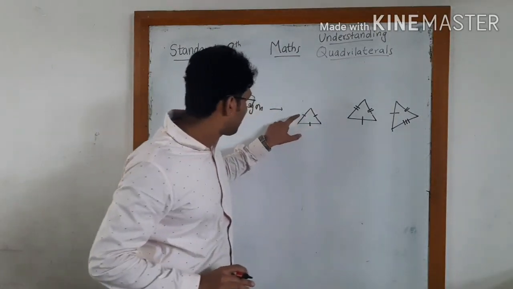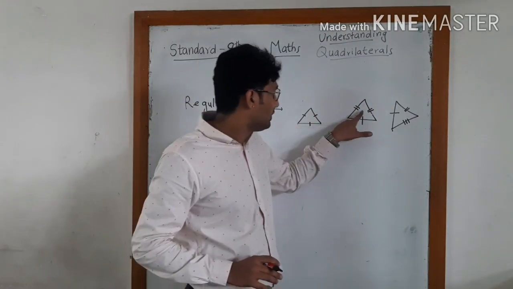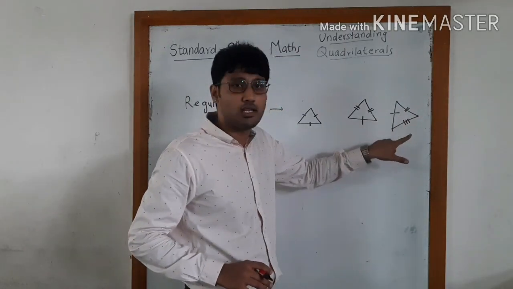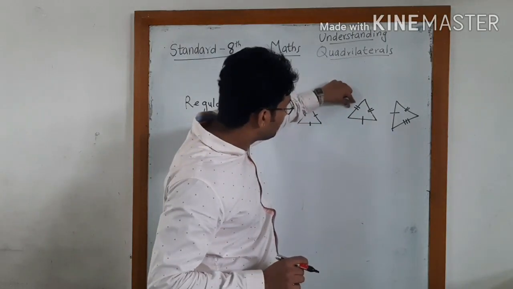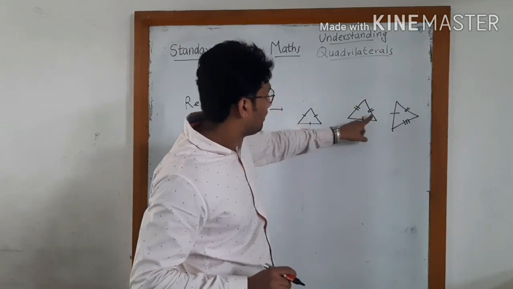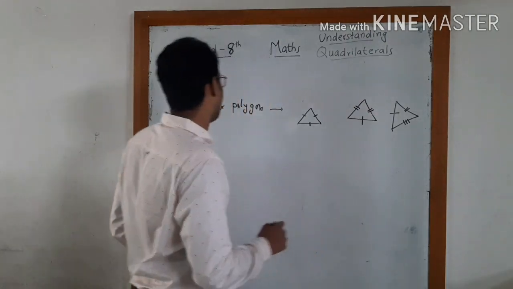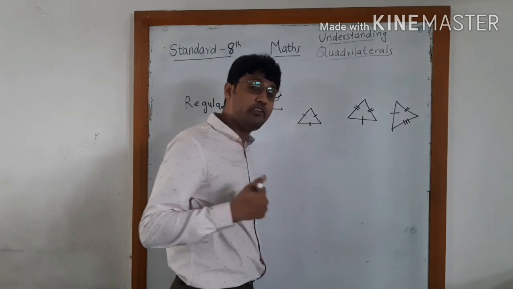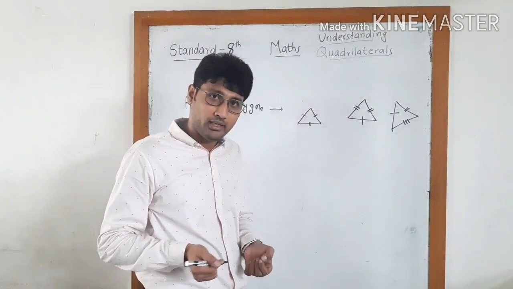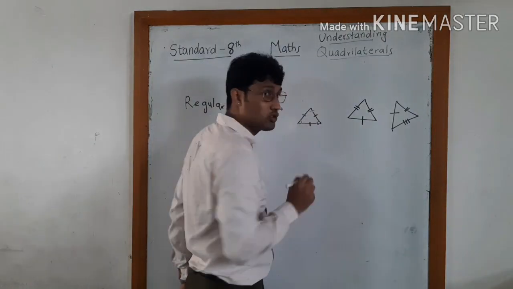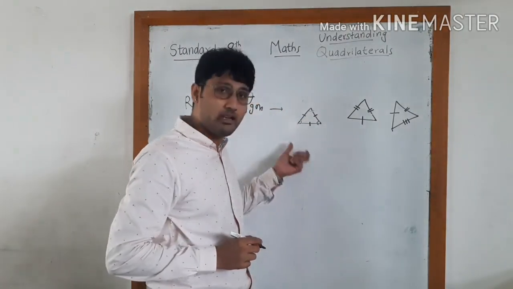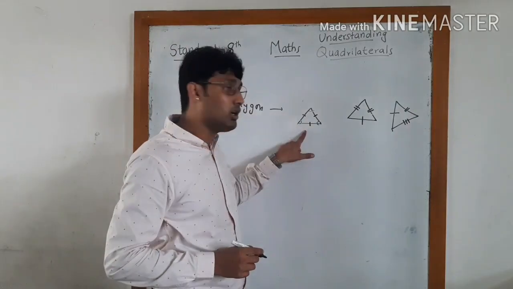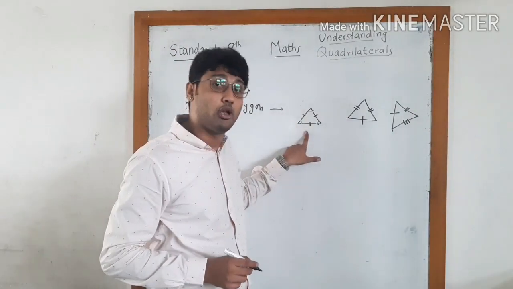Clear? This means all the sides are of the same length. This means these two sides are of the same length. This is a different measure. Here all the three are of different measure. So wherever we have such a symbol, it means they are of similar measure, right? So an equilateral triangle will have all three sides equal, and we also know that an equilateral triangle means all three angles will also be equal, right? So an equilateral triangle is also equiangular because all the angles are of equal measure. So an equilateral triangle is a regular polygon.